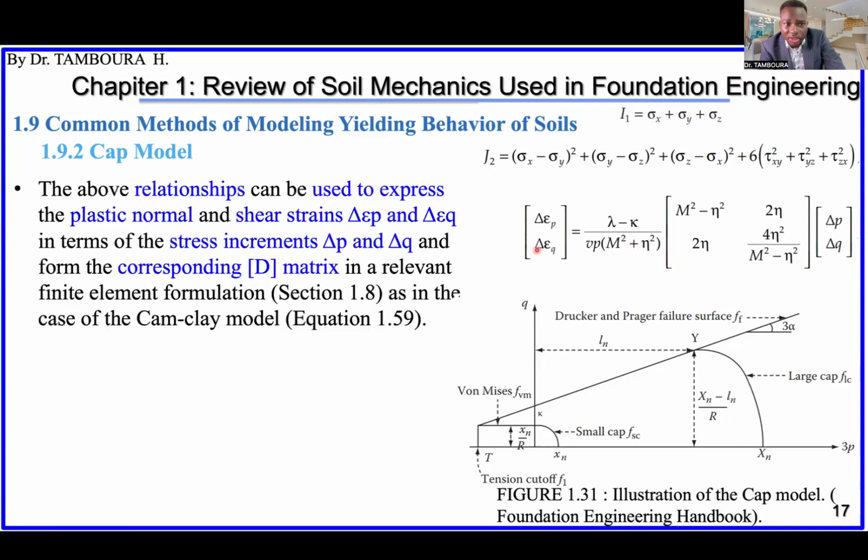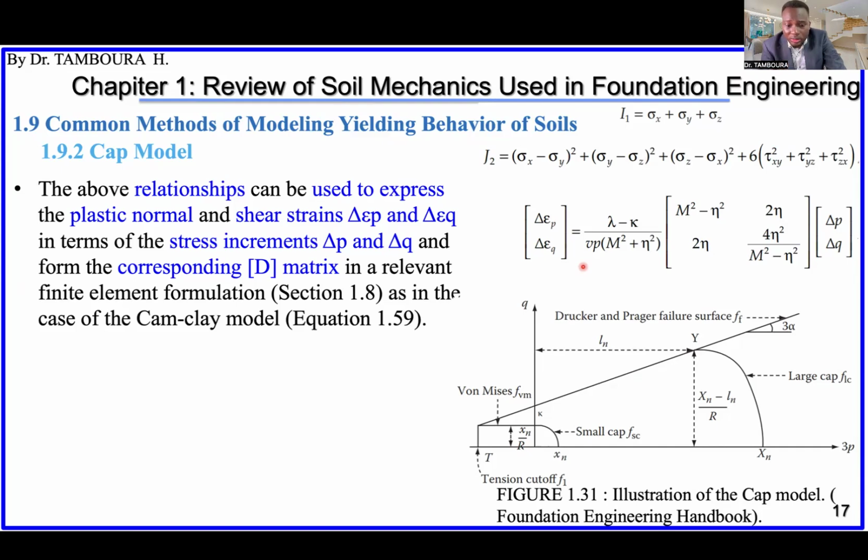So all the equations of this cap model can also be used to obtain this kind of relationship, meaning the stress-strain relationship, so that we can use it in